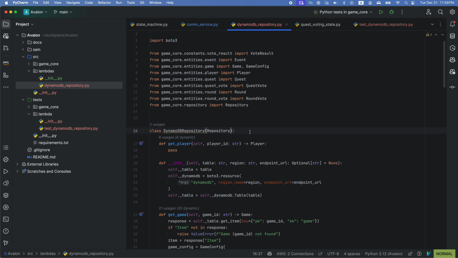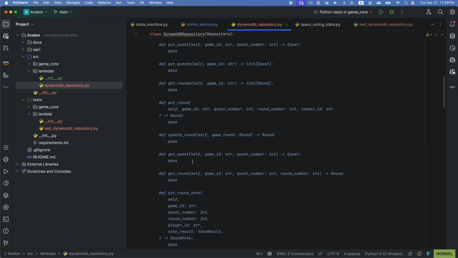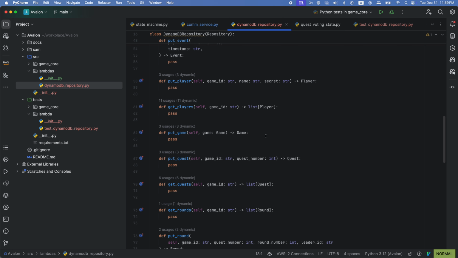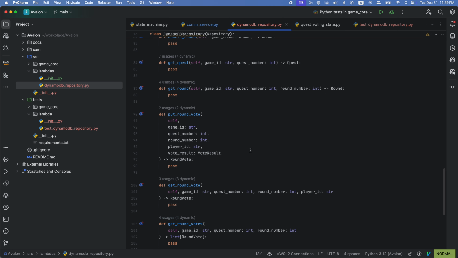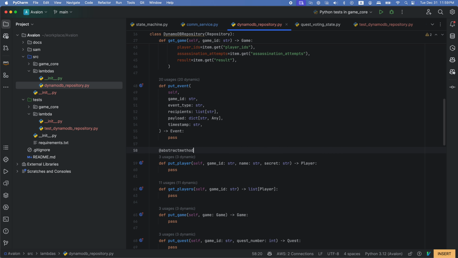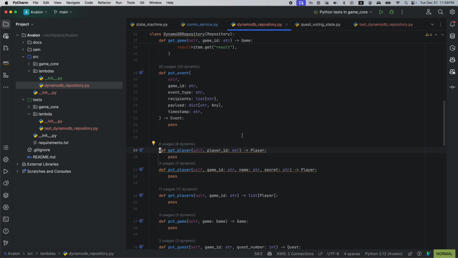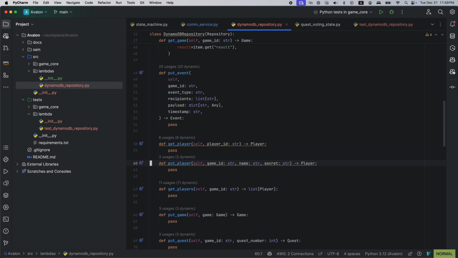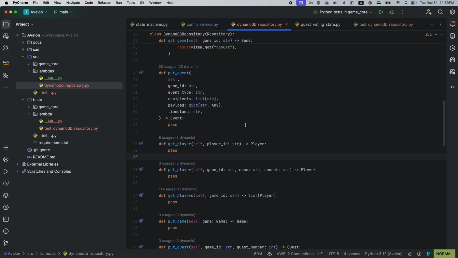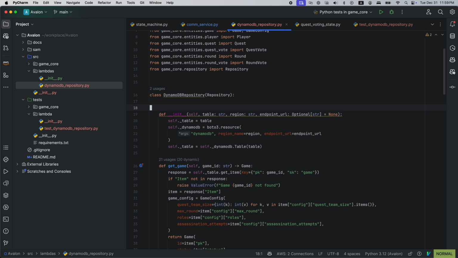Okay, so let me see, game event, player, where is the player? Put player, get player.